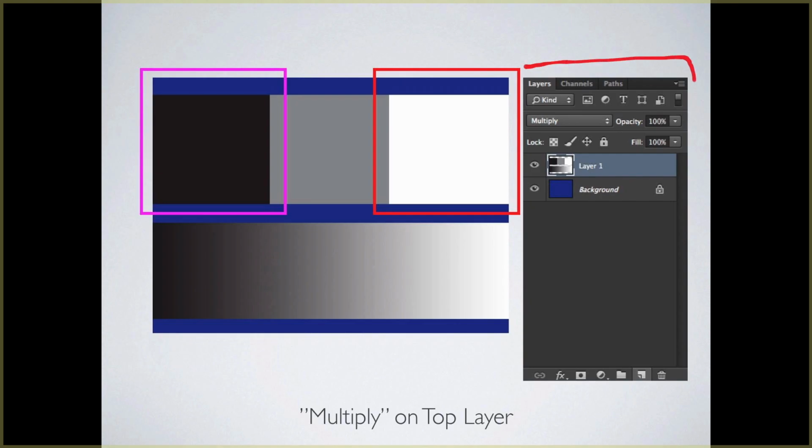This here is the layers panel that we've seen before in Photoshop. And the active layer right there is selected in that lightish blue color. That's layer 1. And the blending mode is going to be changed to multiply, which is a little drop down that's right there. And when that happens,